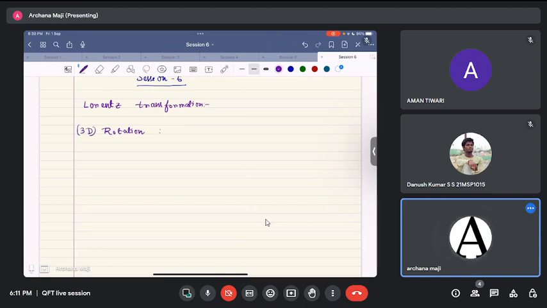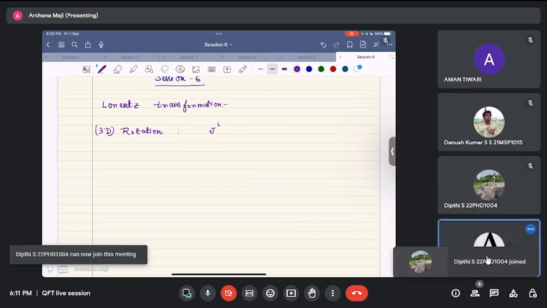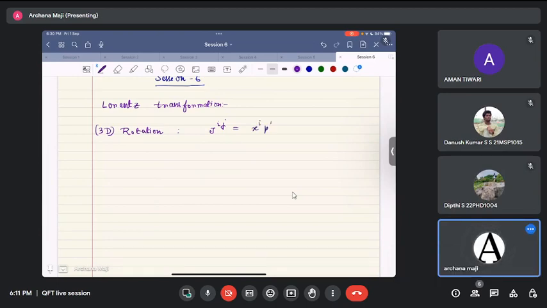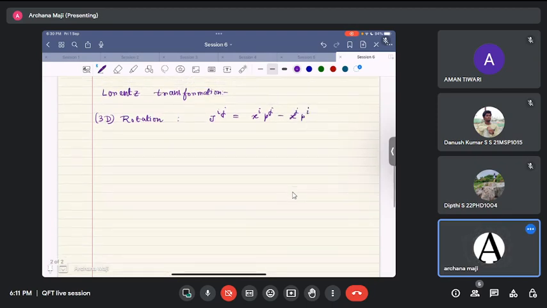The generators are angular momentum, so Jij is xi pj minus xj pi. And when we want to promote it to 4 dimensions, the generators are basically the generators corresponding to Lorentz transformation,